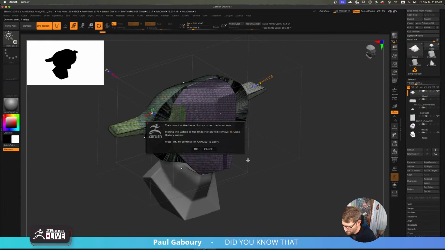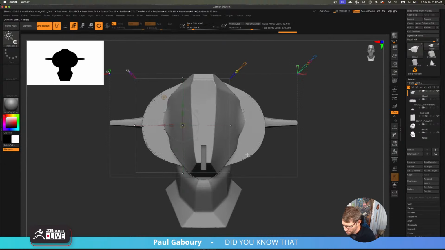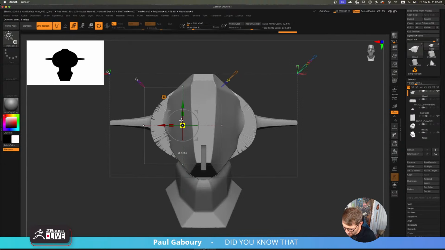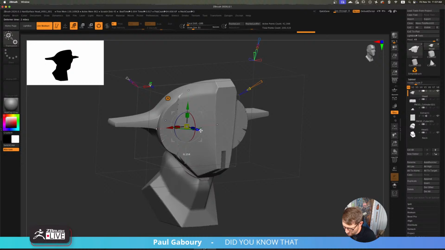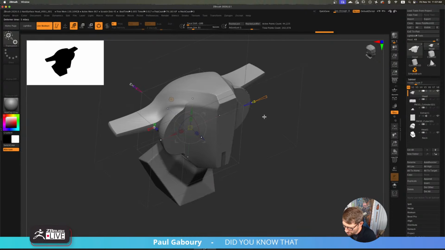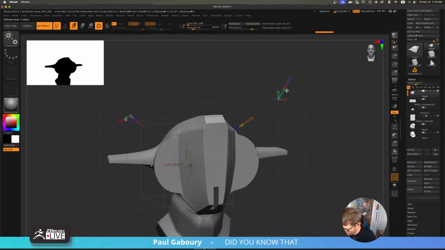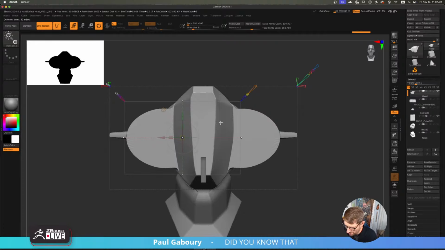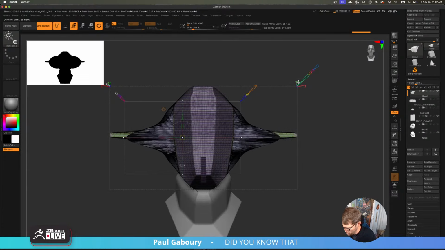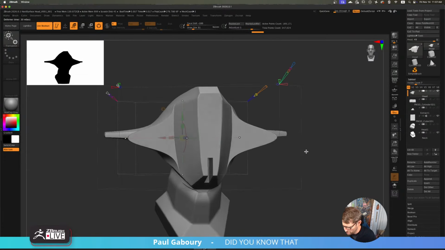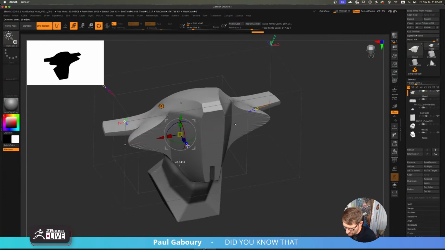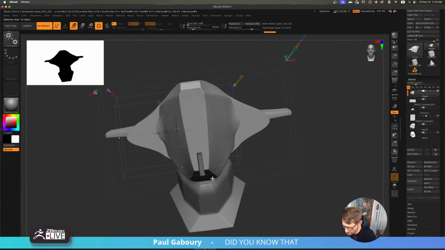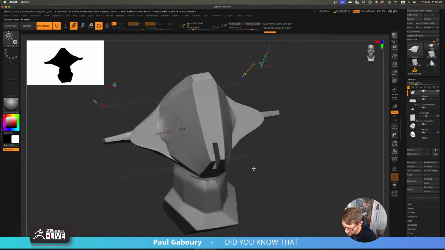We were going for this kind of thing. Size it down. Need some more tessellation. What if I do this and then taper it a little bit? Now if I move this in, do I like what's happening here?